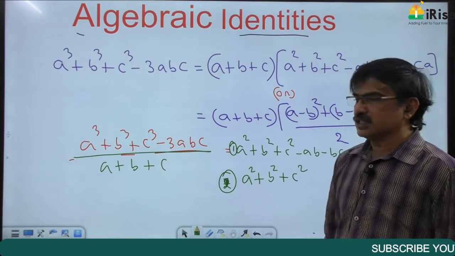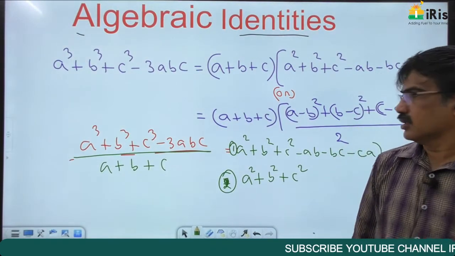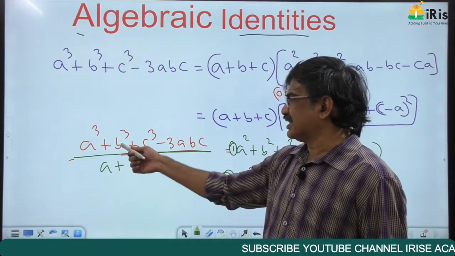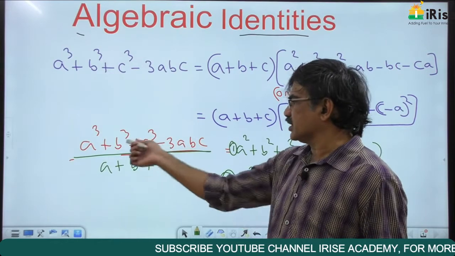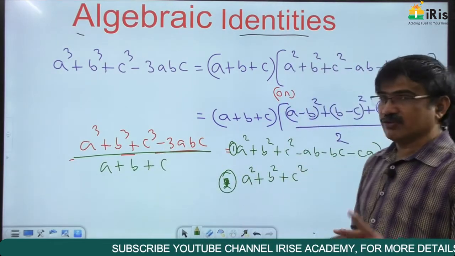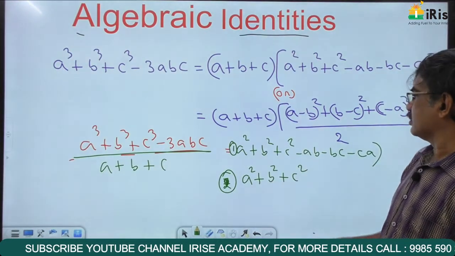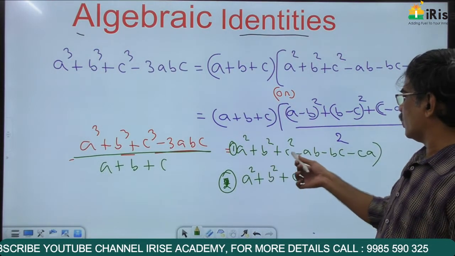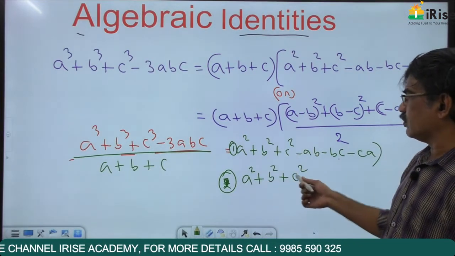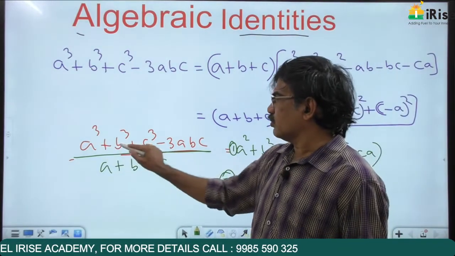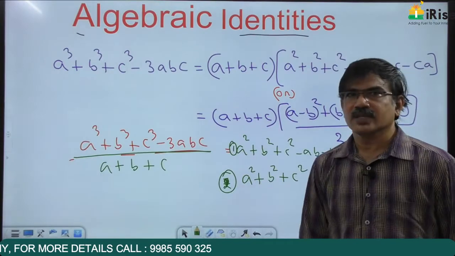How to know? Just by substituting different values we can get the answers easily. Put A is equal to 2, B is equal to 3, C is equal to 1 or 0. You can put different values for A, B, C, but the options must be different by substitution. If you put A, B, C as 1, 1, 1, here 3, answer is 0. Here 1, 1, 1. What is the answer? Put 1, 1, 1, this is 3. So the answer is 0. We can get the answer like this.